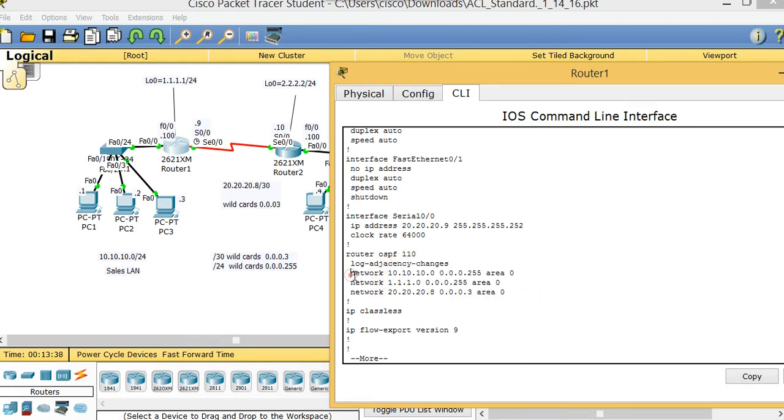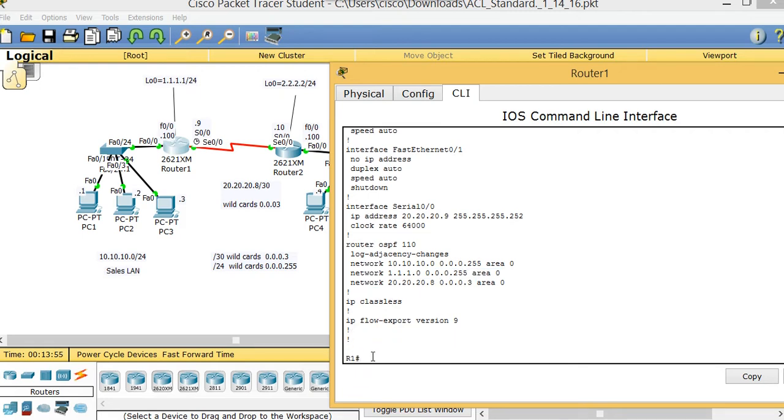I advertised network 10. This is the /24. The wildcard is going to be what? 0.0.0.255. I have advertised 20.20.20.8. Remember that? You always advertise what? The subnet ID and the /30. The wildcard is going to be what? 0.0.0.3. So if I say show ip route,